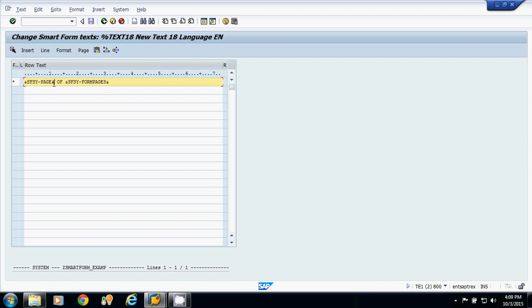So this is the system variable for printing the current page number, and this is the system variable for printing the total page number: page and formpages.